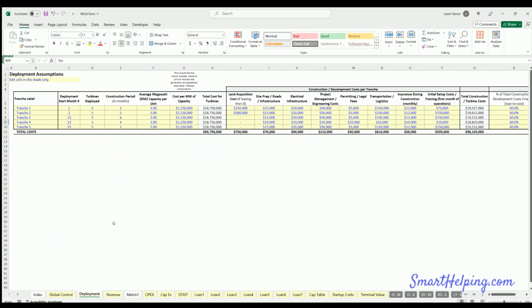Alrighty, next, deployment tab. So this is one of the main tabs you're going to be working in. So here you can label your tranches. You can do up to 5 tranches, meaning you're deploying up to 5 sets of wind turbines. Either it could be in the same location or it could be 5 separate locations or what have you. What you could define for each tranche is the month number that they are deployed, the number of turbines deployed, the construction period, how long it lasts for in months, the average megawatt capacity per unit, and the cost per